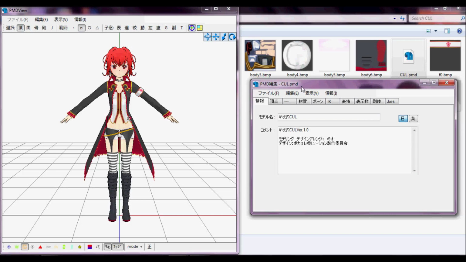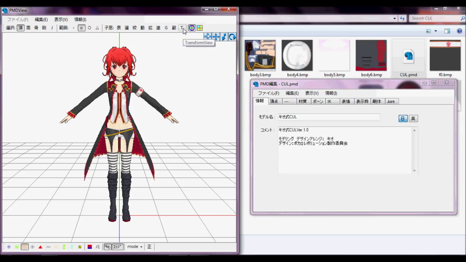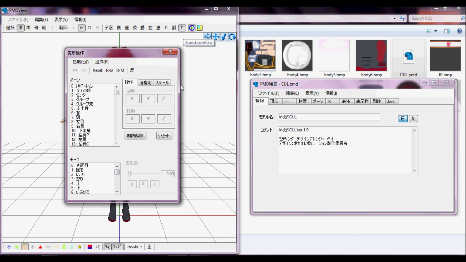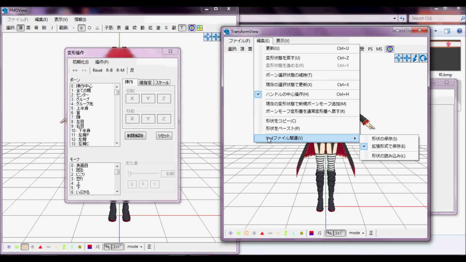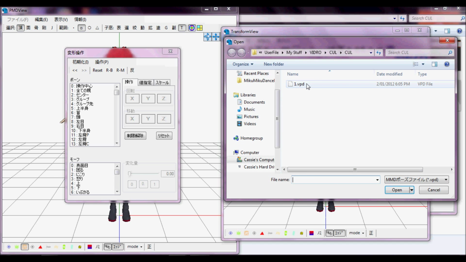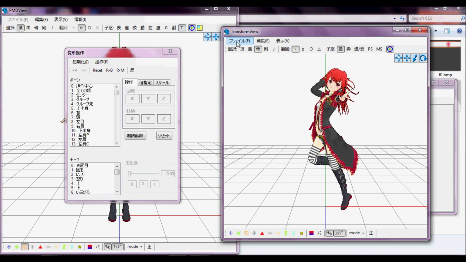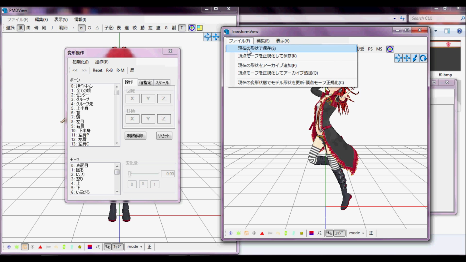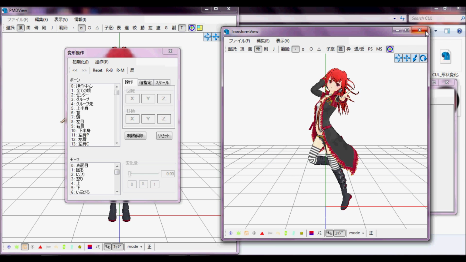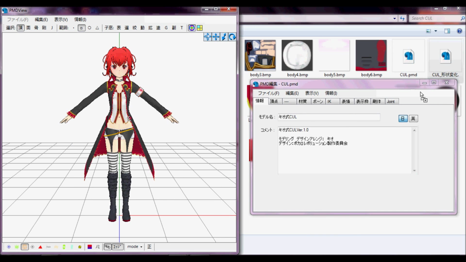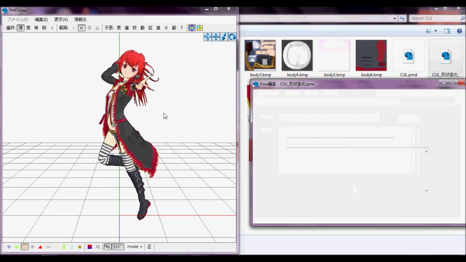Okay, open up your model into PMD Editor, go to the PMD View window and open up Transform View, which is this little T here. Okay, now we'll go up to E for Edit, the VPD, and then L for Load, and we'll load the pose data, and there we go. Now go up to F for File, S for Save, save the model, go to Transform View, open up the model you just saved,